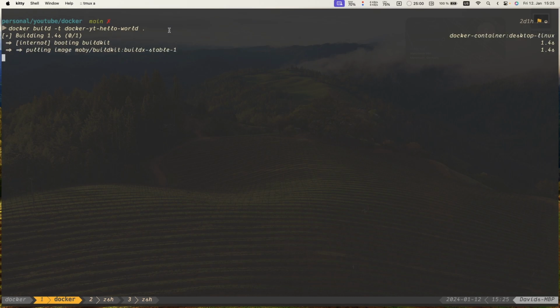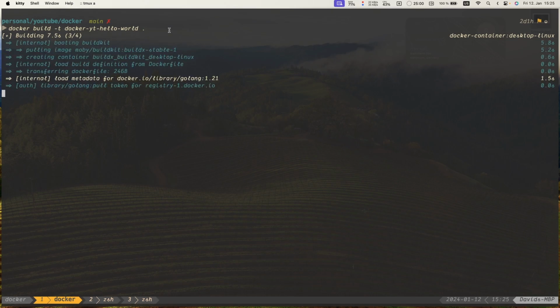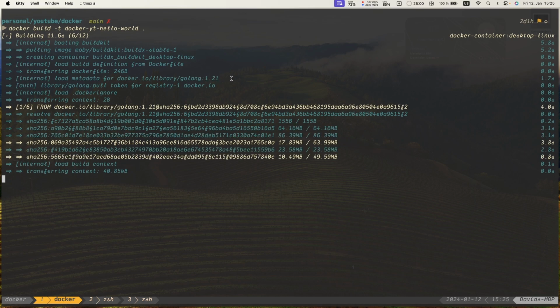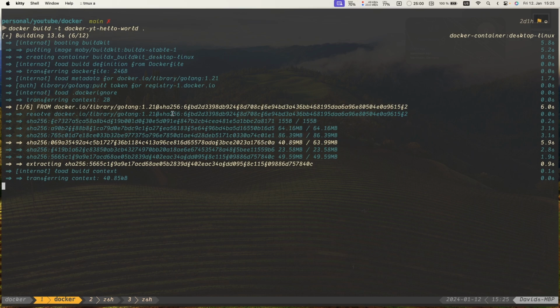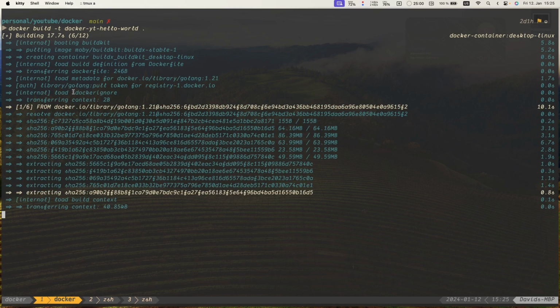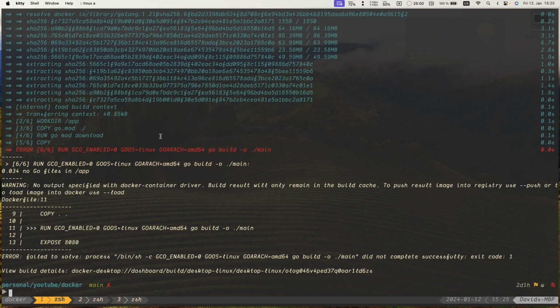It can take a while. If you didn't download any images before, Docker is downloading the images, so you have golang 1.21 and so on. It's building everything. Also, if you have a .dockerignore, which works like a .gitignore,